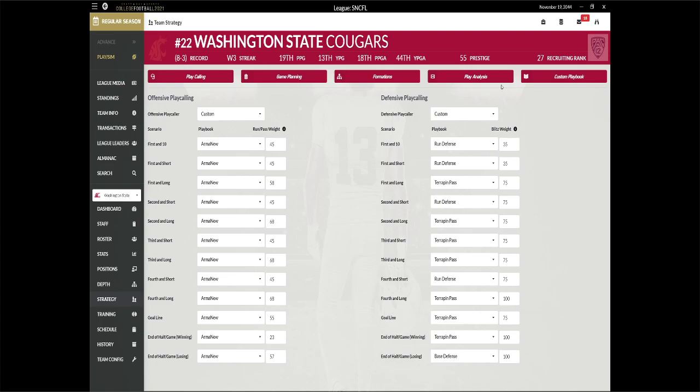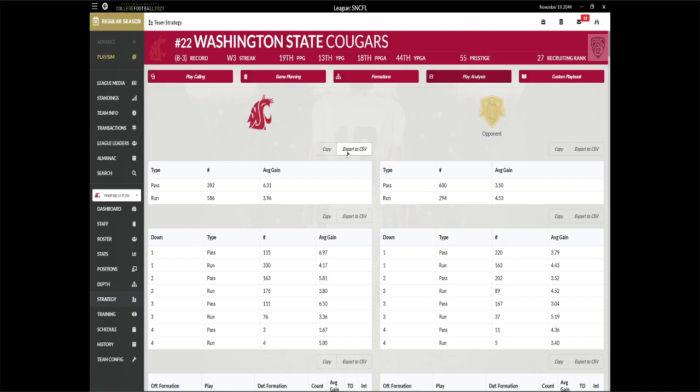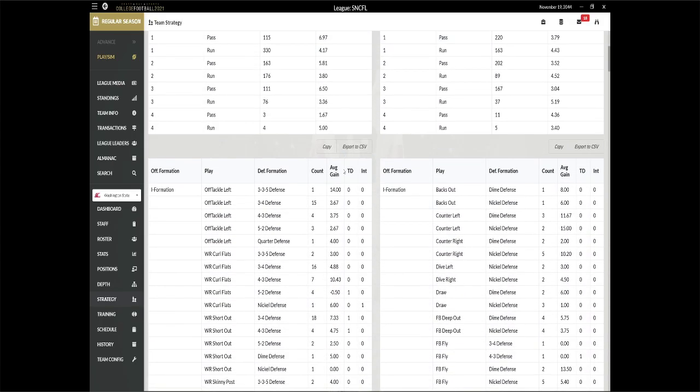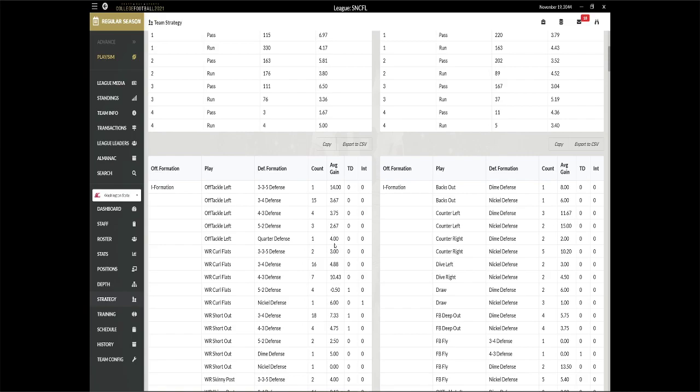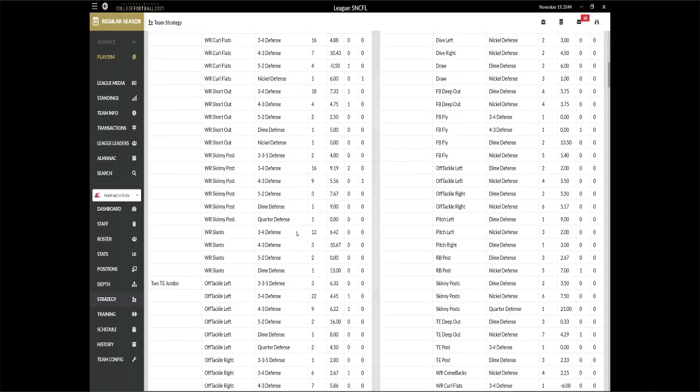Now, here's another thing: a lot of coaches don't do the play analysis. You really should export it to CSV, because what it's going to show you is what you're doing well with, right? Now, inside the playbook, it shows you the aggregate average, but it doesn't show you the average against different defenses. So if you're playing Arizona and they run a 3-4 defense, what I'm immediately going to notice is I'm getting relatively good success with off tackle left against a 3-4 defense, but I'm getting better success with